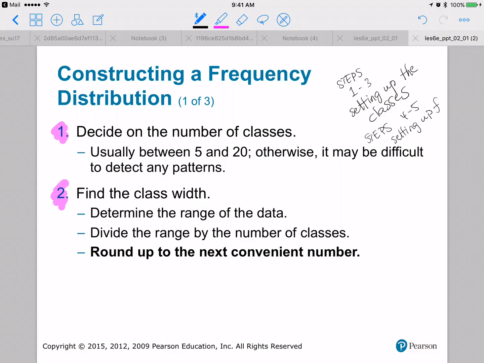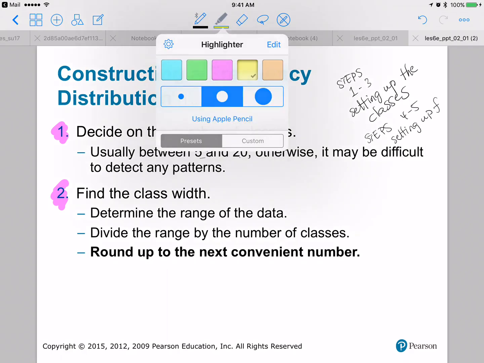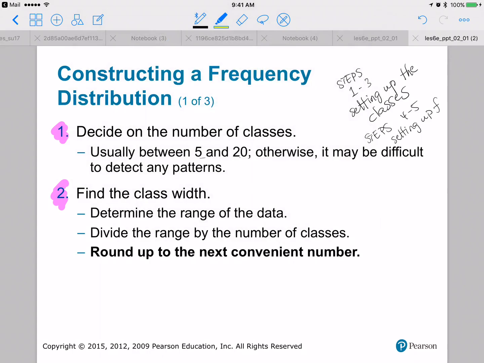Okay. So first you're going to decide on the number of classes, usually between 5 and 20. Pretty much, problems in the textbook, problems on the exam, the number of classes will be stated in the problem, right? So when it says here to decide on the number of classes, really, this is more speaking practically in real life,